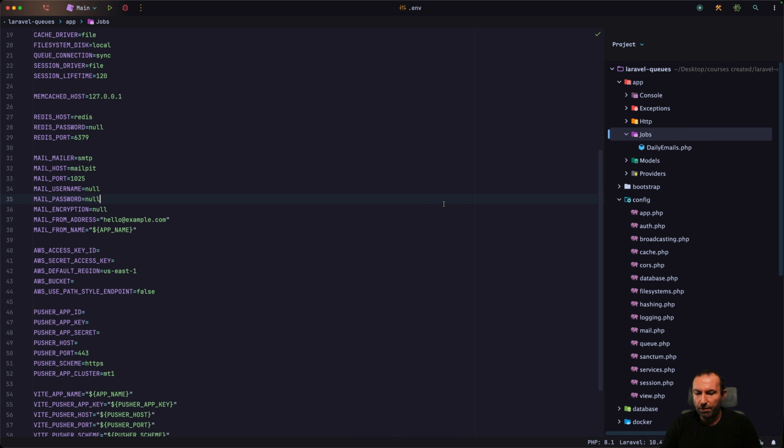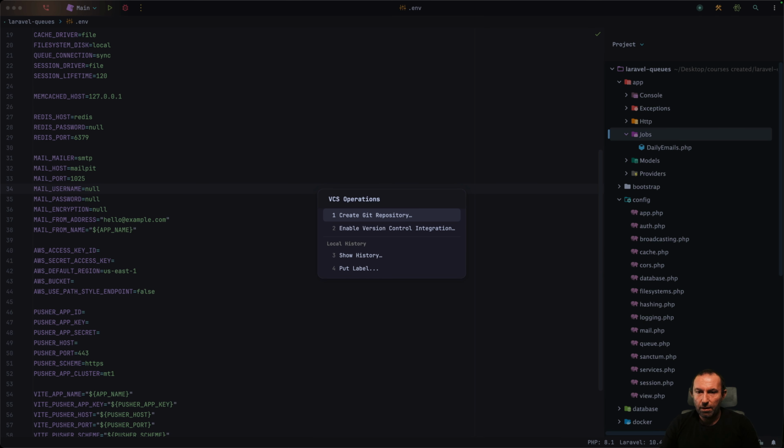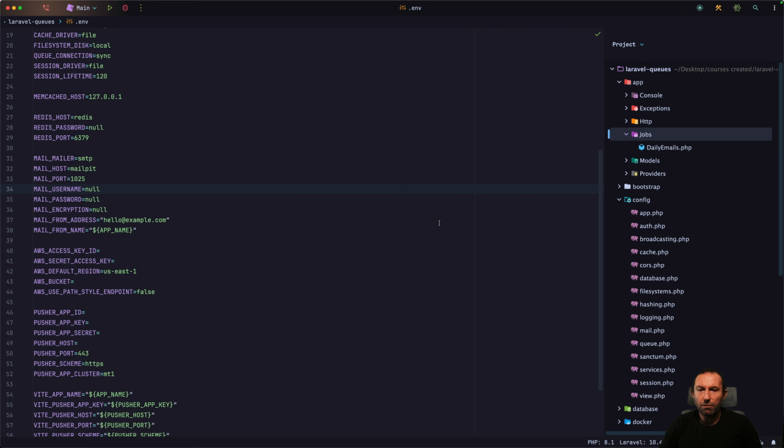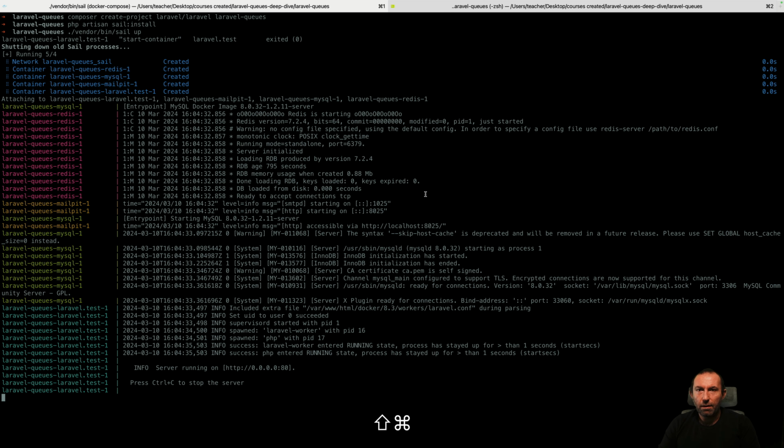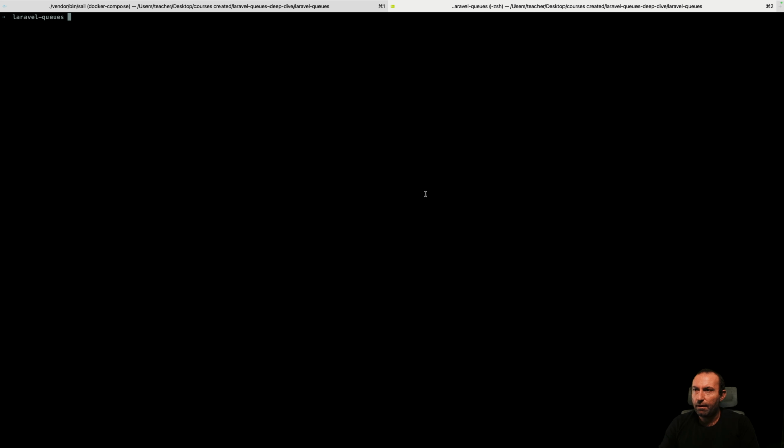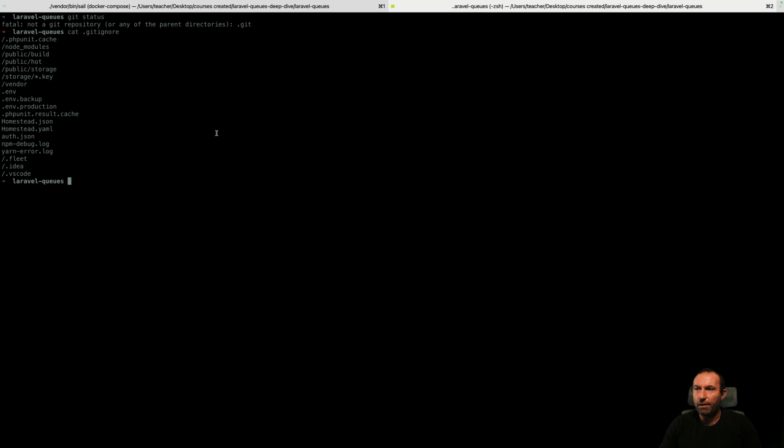And just before that, let me initiate a Git repository, so I can push that repository to GitHub and share it with you, and so you will see the differences between each commit. I'm going to do that via PhpStorm, but I can do it also via the terminal. I can just open the new terminal that I have, and I can run git status to see that there is no git here, but I do have a .gitignore here, since every Laravel installation comes with that by default. And I can do git init